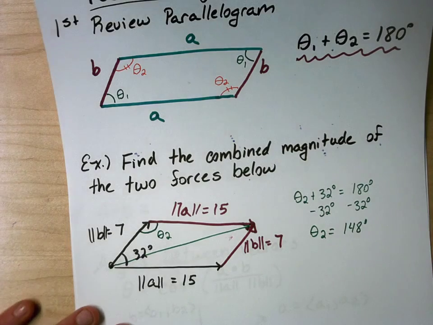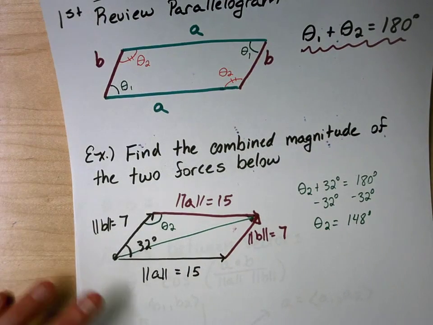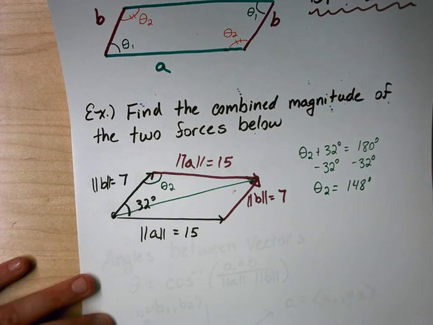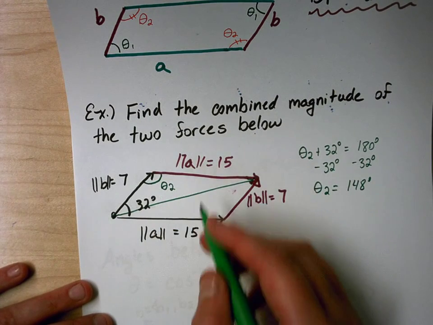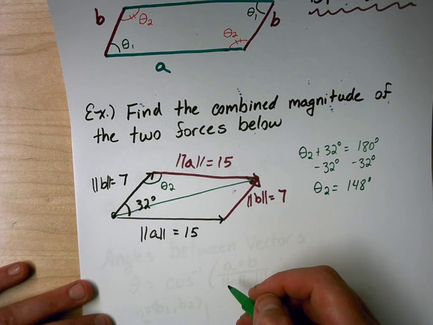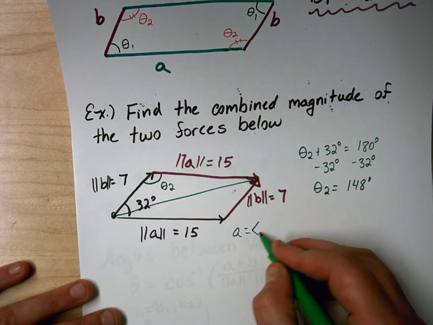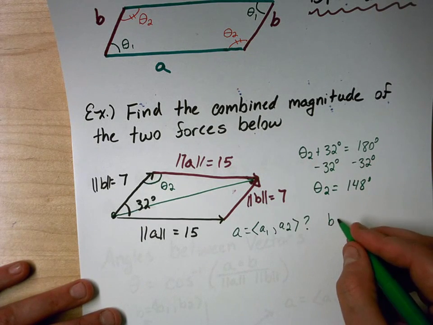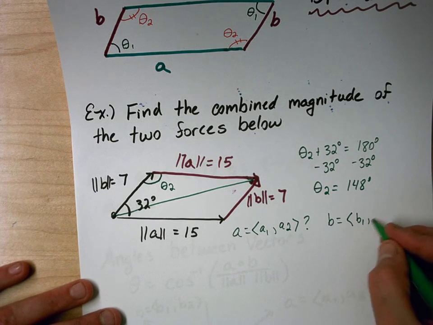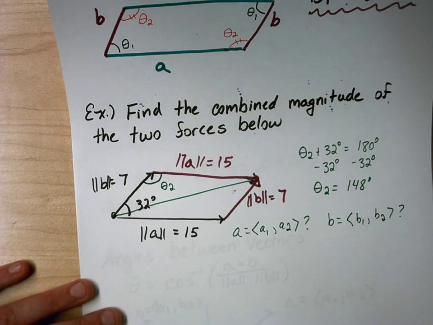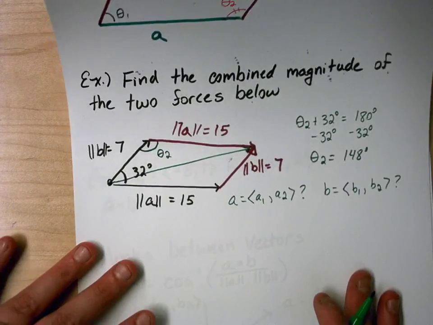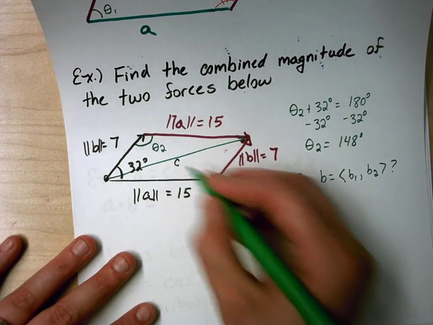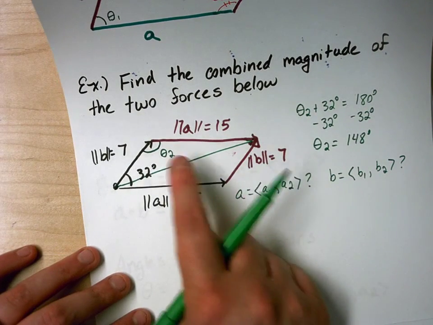Okay, now why do I care? Well, I care because this diagram is floating out in space. So number one, I don't have an A1, A2. Okay, so I don't know what A1 or A2 is. I also don't know what B1 and B2 are. Okay, but that's okay because I don't need them to find the length of this vector here. So I'm going to go ahead and call this vector C. Now notice if I picked this triangle up and I threw it down here,